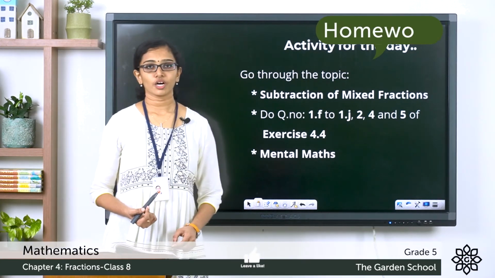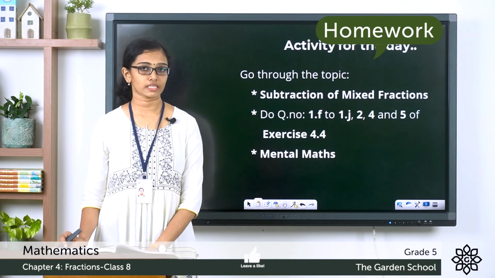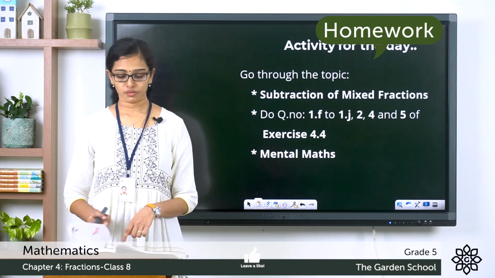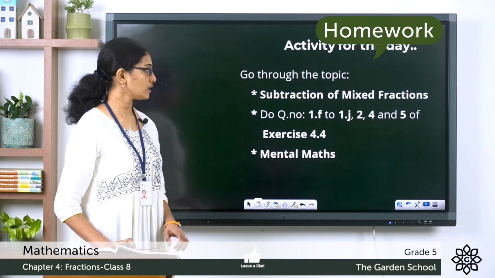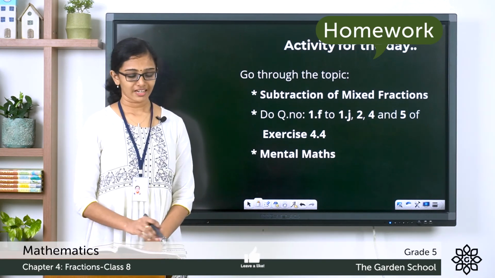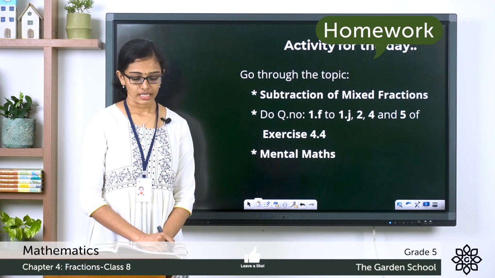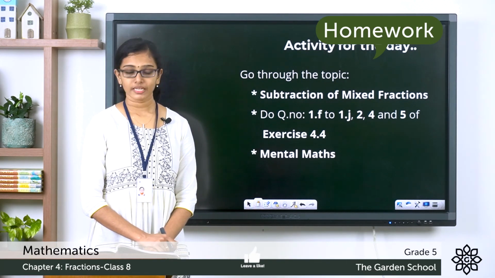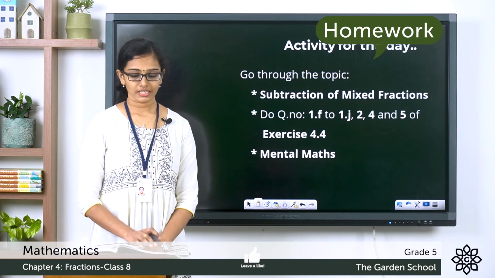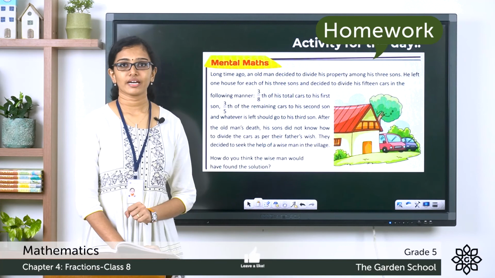Now you can go through the topic subtraction of mixed fractions on page number 65 of your textbook. Once you are done with that, please move on to exercise 4.4 and you have to complete questions 1F to 1J and also question numbers 2, 4 and 5 of the same exercise. Now after that, on the next page, page number 67, we can see this heading, mental maths. We can see this question there. Please go through that as well and do